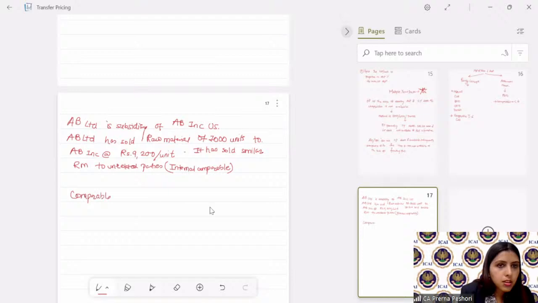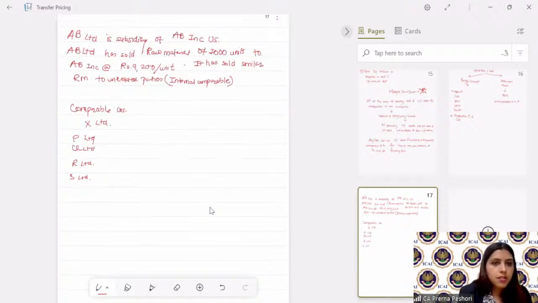Comparable companies. Say for example, X Limited, P Limited, Q Limited, R Limited, S Limited, T Limited, Y Limited, Z Limited. Now, these are your prices, say rupees 8,990 per unit,